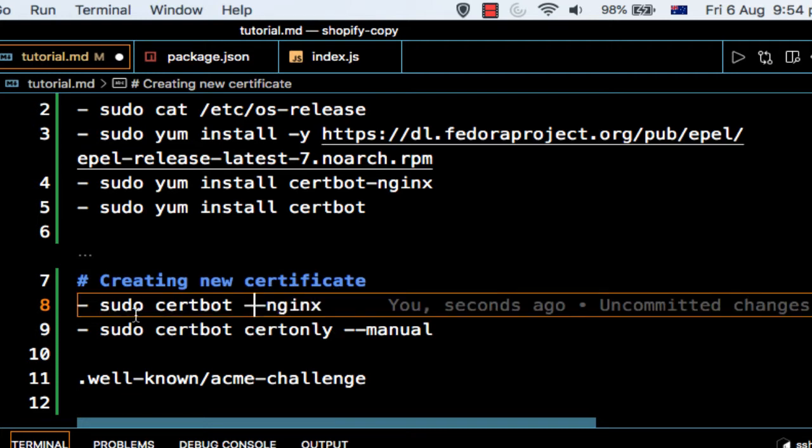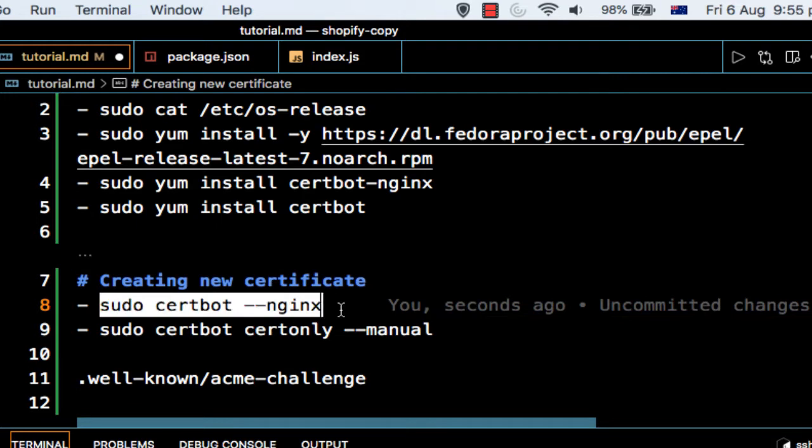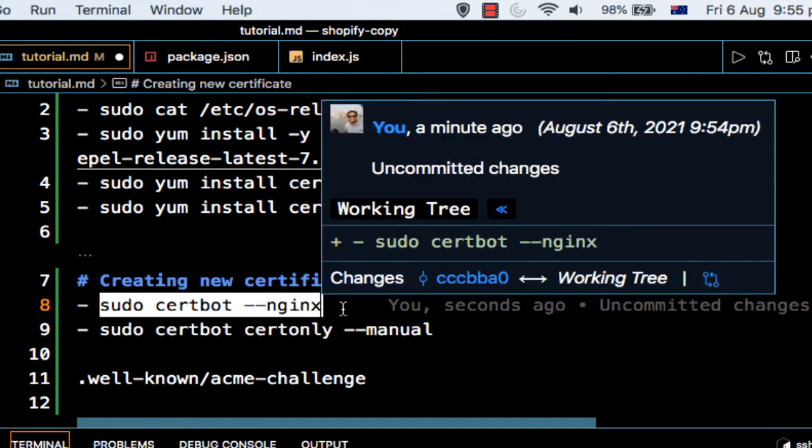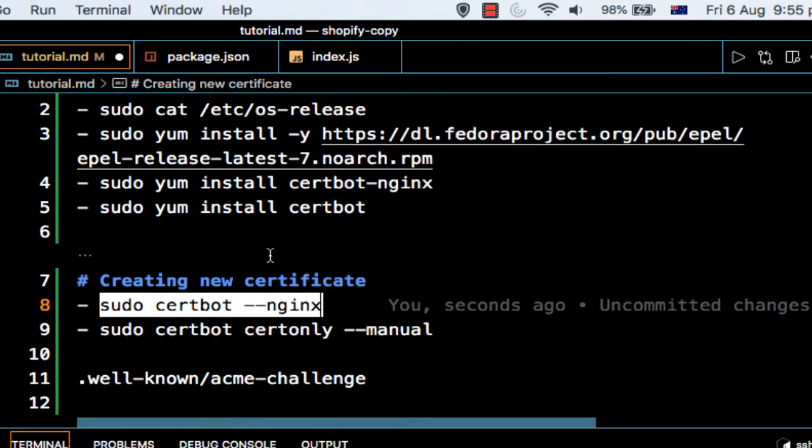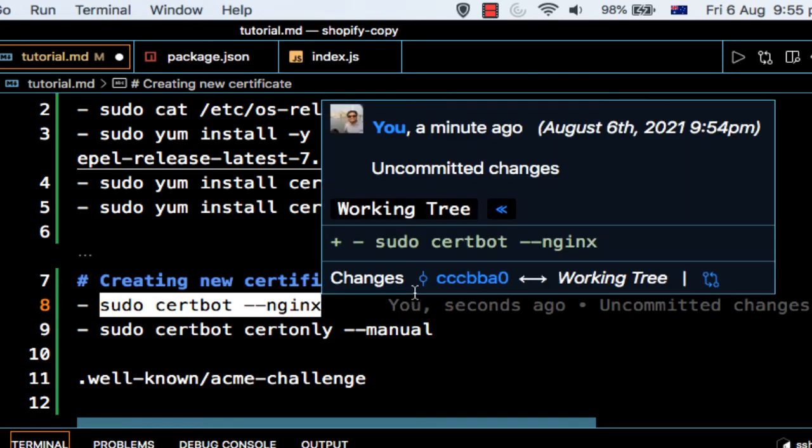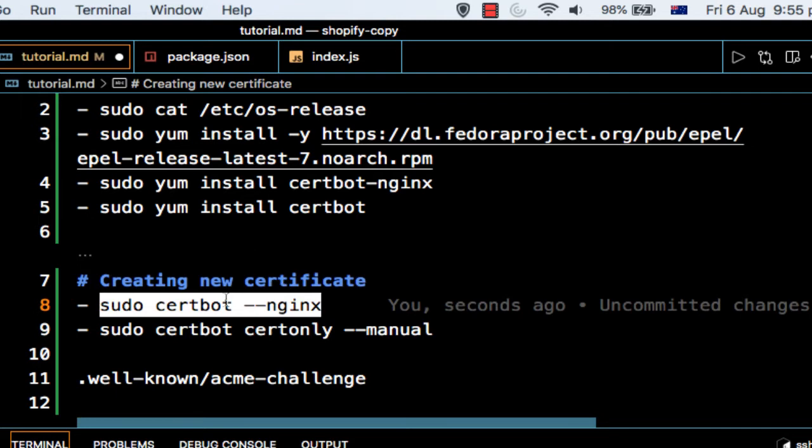Once you execute this command, it will ask you several questions, like which site you want to enable, because nginx knows what websites are configured for the server. Then you can tell it which sites you need the certificate for. So this is the automatic way, but this way was failing for me. I wasn't able to install the certificates using it.